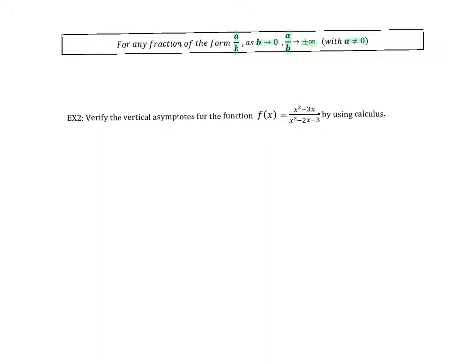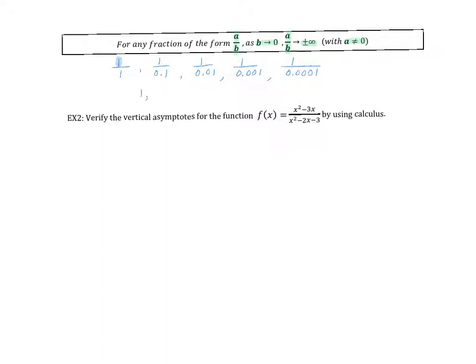So a is just some fixed real number, like 1. And b is going to be some number that keeps changing and getting smaller and smaller. So let's say b is 1. Okay. Well, what happens as I go to 0.1 and to 0.01 and to 0.001 and to 0.0001? So as the b values get smaller and smaller, as long as the numerator remains fixed, notice